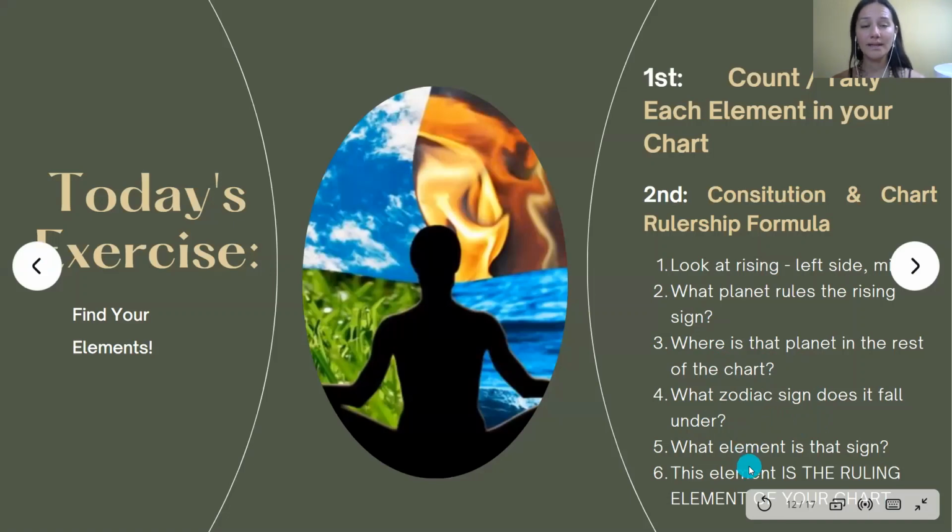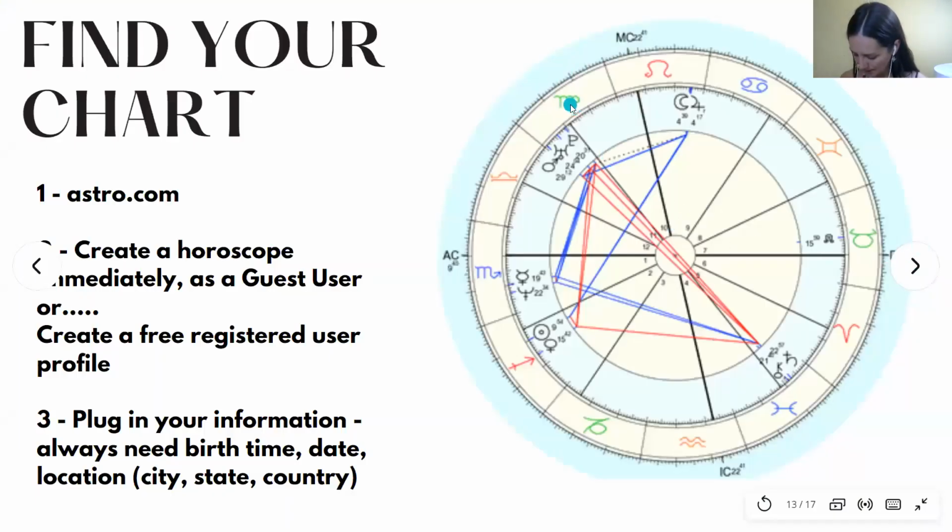Now we ask, what is the ruling element of Virgo? And we know, because it's green, that it's Earth. That's one way we know. So it's Earth. So we found that this person's constitution is mostly kapha, and that makes sense because water is kapha. So this person might be heavier, their digestion might be slower, they might be more attuned with their feelings than their mental landscape. So that's how we know about this person.